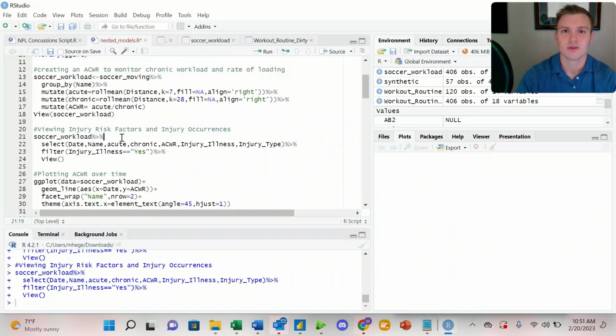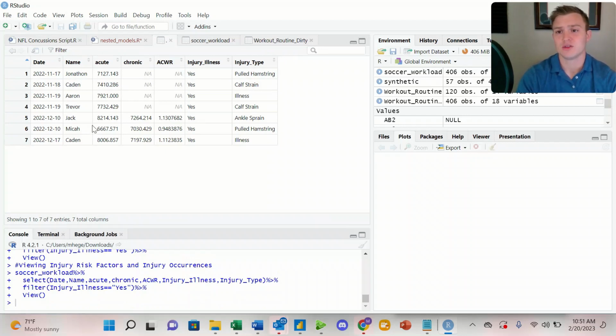To get a better glimpse of our data, we can utilize the select and filter functions to see the date, name, acute chronic workload ratio, injuries or illnesses, and the injury type. But we're only going to look at it where the athlete sustained an injury or an illness. So when we run these lines of code, we return the 7 injuries that occurred during the course of the data collection, and we can see the acute, we can see the chronic,